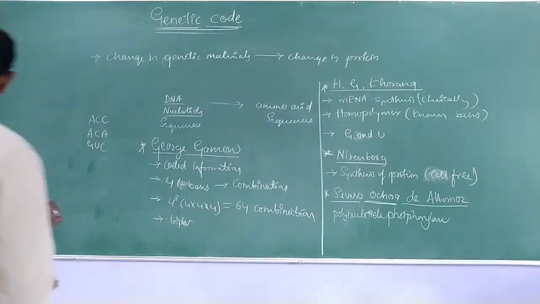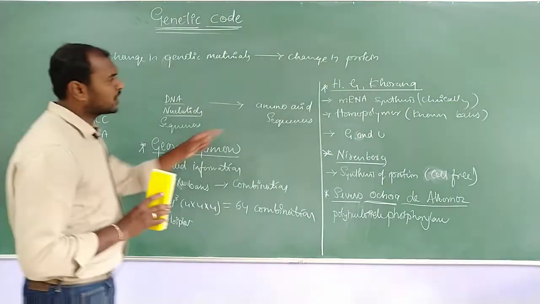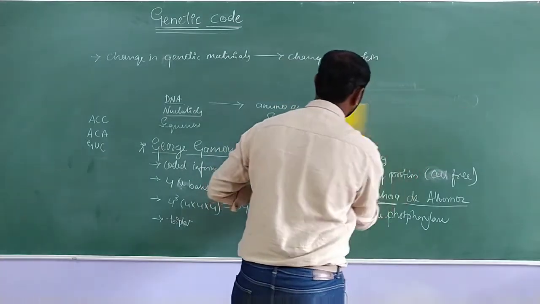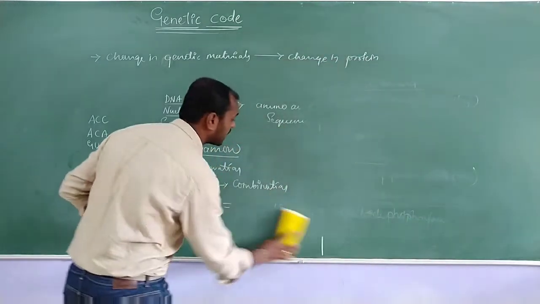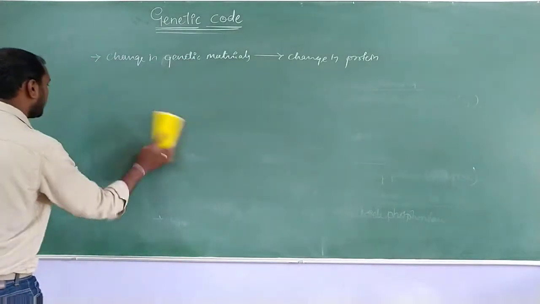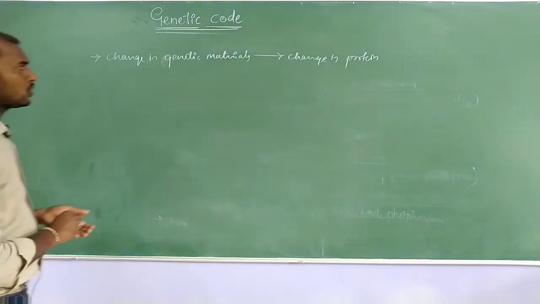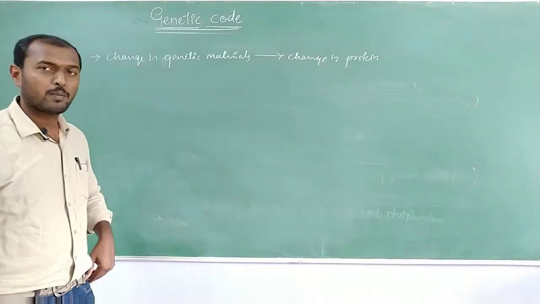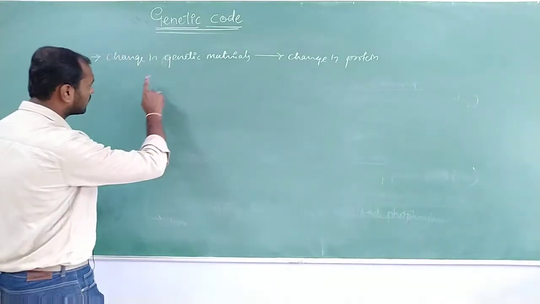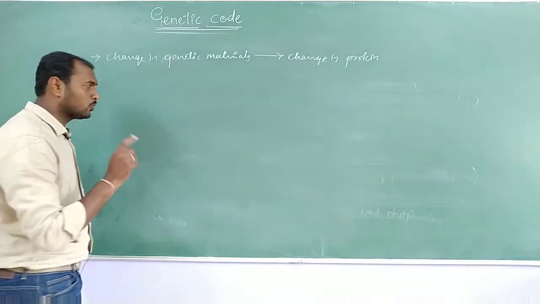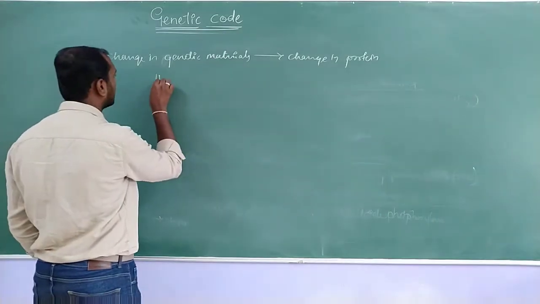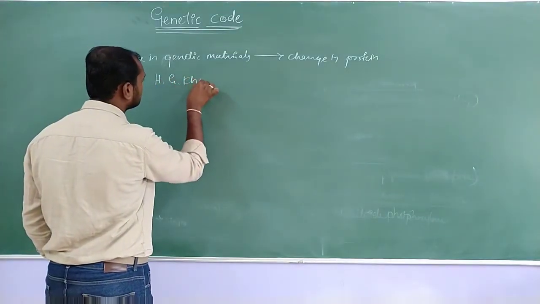So the most important thing now, what was actually done by H.G. Khorana, is one of the best experiments to say that the genetic code is important and going to play a very essential role in transforming the information from polynucleotide to peptide. So here, to show how polynucleotide is converted to peptide, H.G. Khorana gave us an experiment. So what did H.G. Khorana do?